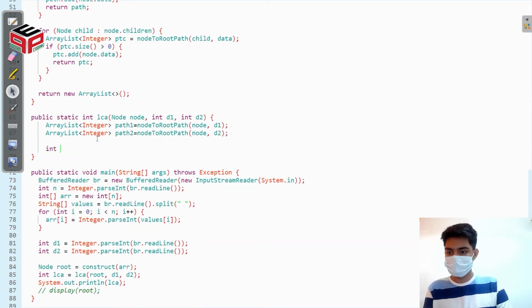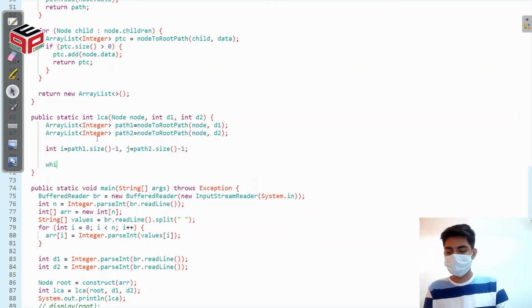Now I have these two paths. What I have to do is take two pointers, which will start from the end of the array list. So I will start from path 1 dot size minus 1, and J will start from path 2 dot size minus 1.